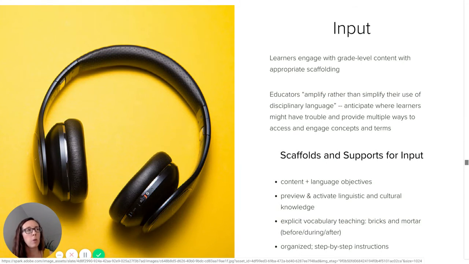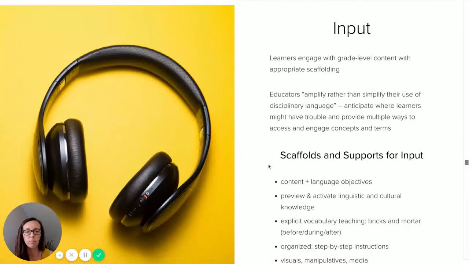So thinking about, if we know that we're going to use a new term as we're introducing a concept with students, we might anticipate that that could be a struggle for some students, and then provide some scaffolding. Maybe it's in the form of a flashcard. Maybe it's in the form of putting up a visual. Maybe it's in the form of talking about those words before we get started. But anticipating those moments where learners might have trouble, and then providing scaffolding and support to encourage students to be able to overcome that hurdle.